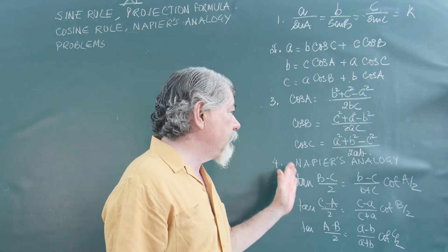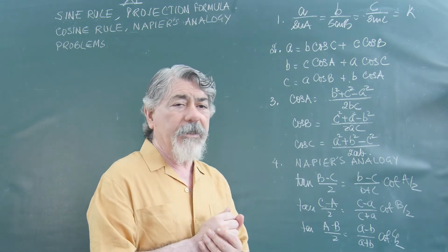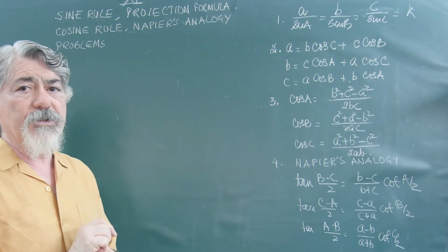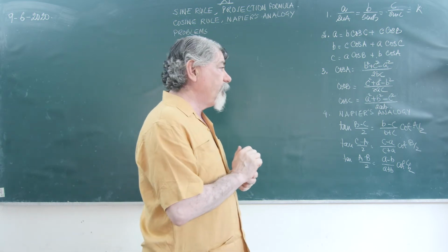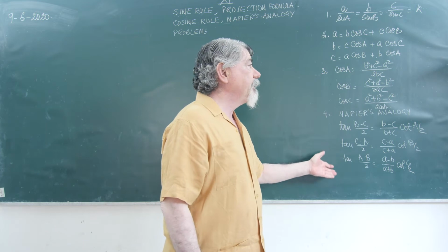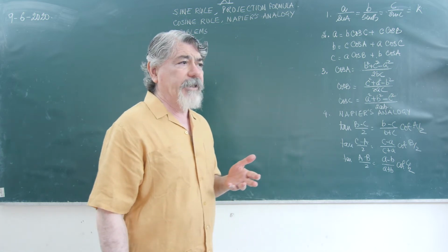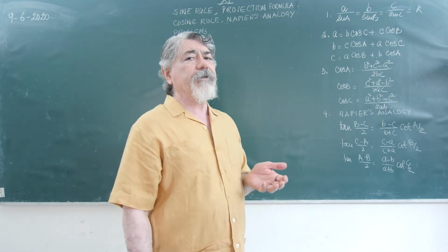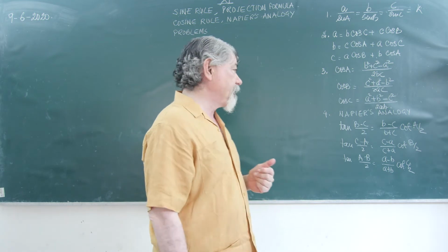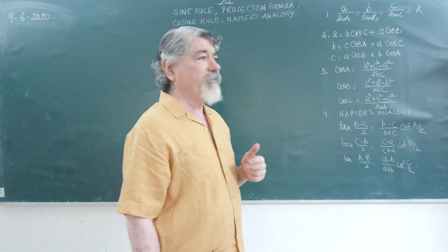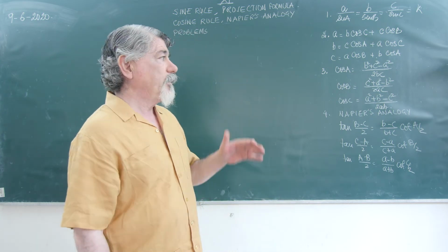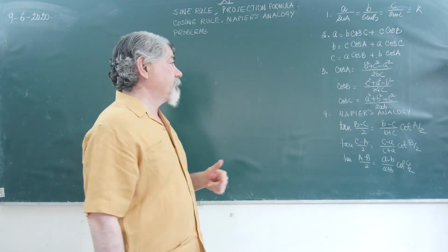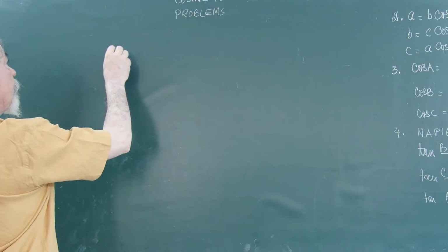Today we are going to discuss Napier's analogy, or it is also called law of tangent. I'm going to prove it, and then we are going to do the area of triangle, and then we will do some problems based on these formulas which you have learned. These are all the formulas which will be required for your class. Now, I have to prove